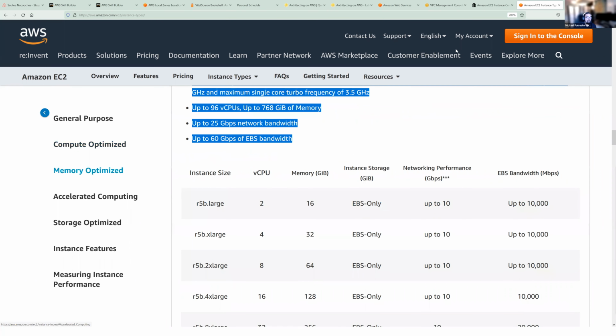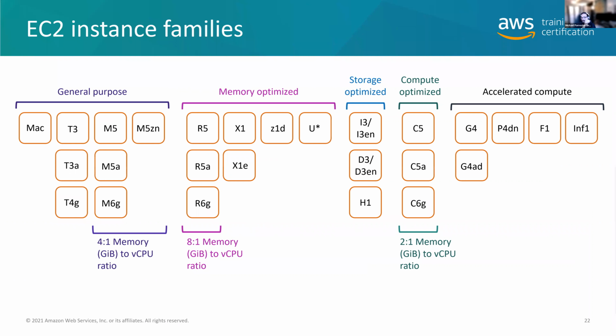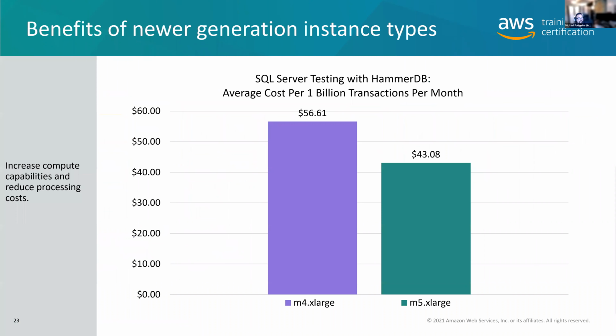They might test you on, do you know your buckets? In other words, do you know how to break down these numbers? And do you know what the general categories are? In other words, it might say, if you need something that's going to be heavy on data crunching and processing, which of these general types would you use? And you would say compute optimized because you're doing number crunching, right? They're going to tell you, for example, they want you to use the latest instance type because here the M5 X large is actually faster and cheaper than the purple M4 X large. You got to keep that in your brain, right?